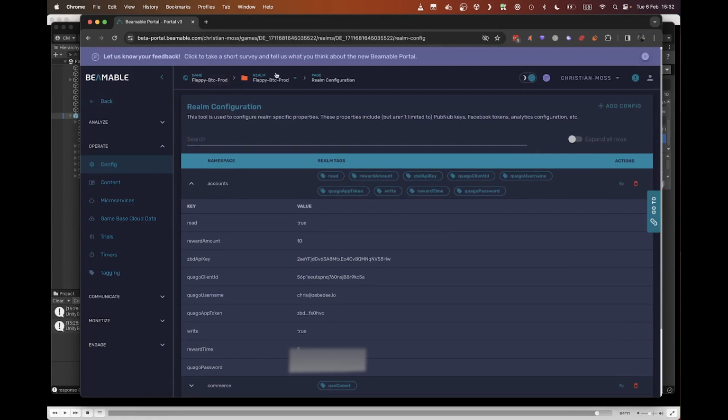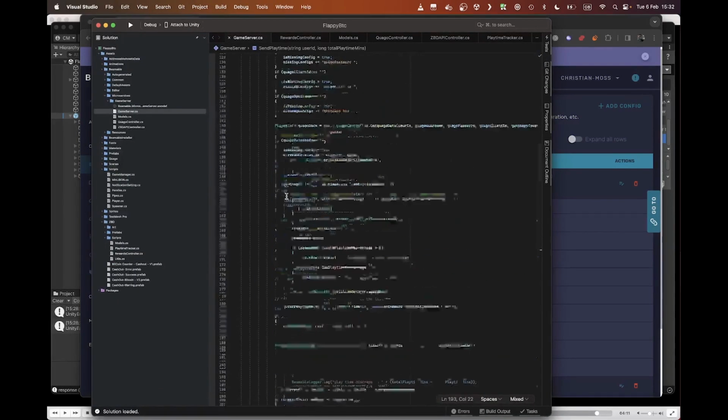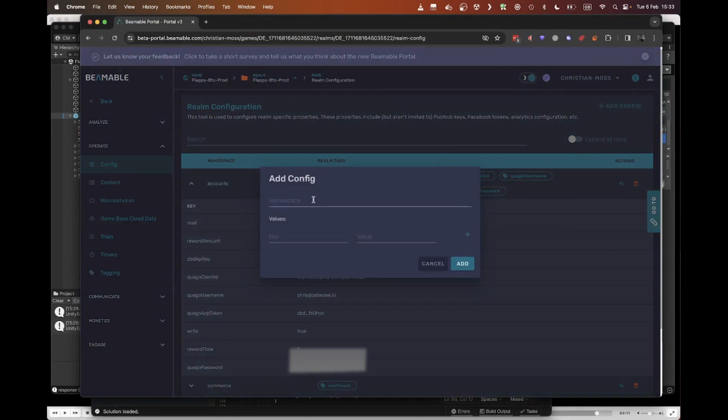Beamable dashboard, go to the game, make sure you're in the correct realm. Then you want to go under Operate, you want to go to Config. And here we can basically add the configs that were referenced. If you remember, they were referenced in the game server microservice here. So just want to make sure we add a config, make sure the namespace is accounts, and then we would